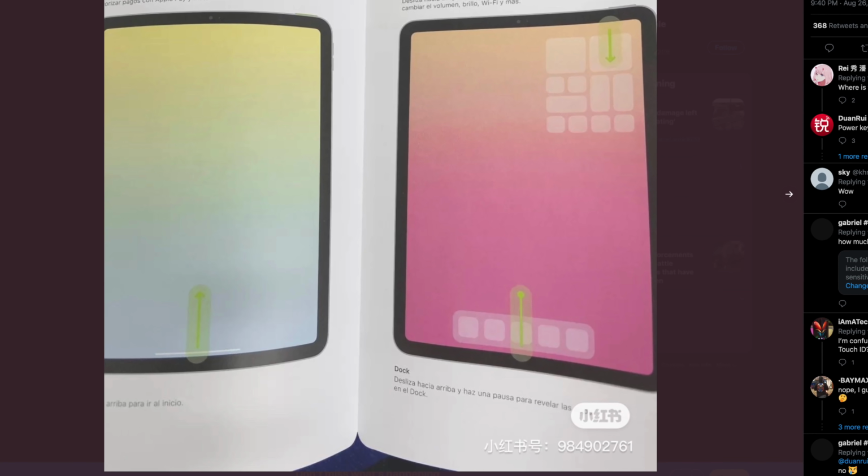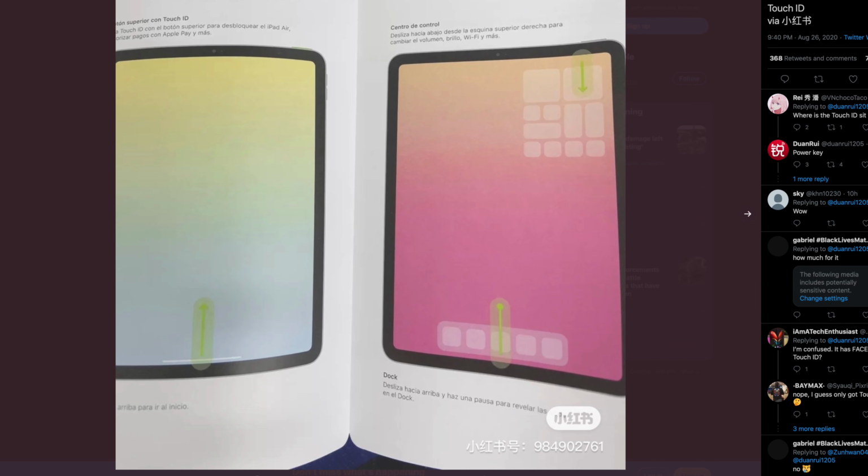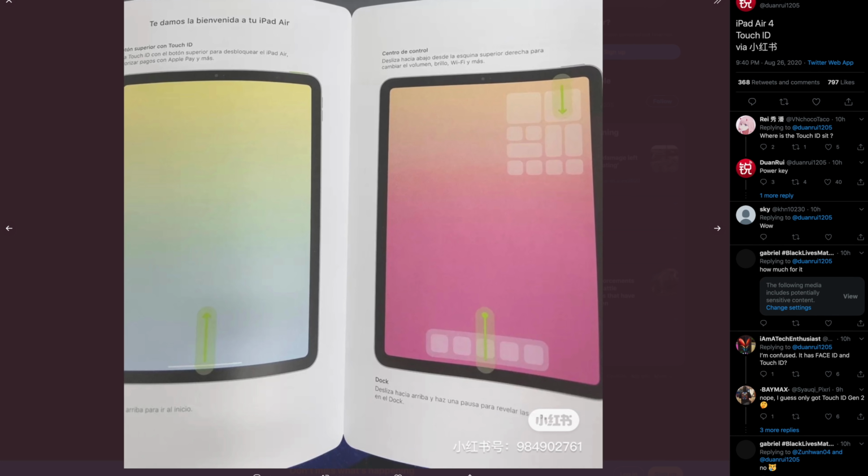Yes, someone could go through all the hard work of making this pamphlet, but the fact that even the pieces of paper have the rounded corners and stuff like that, I'm just trying to imagine some type of sick psychopath that's trying to get on all of these tech YouTubers' videos, cutting the edges of the paper so that it looks more accurate. I mean, again, not impossible that someone could do it, but what I will say is